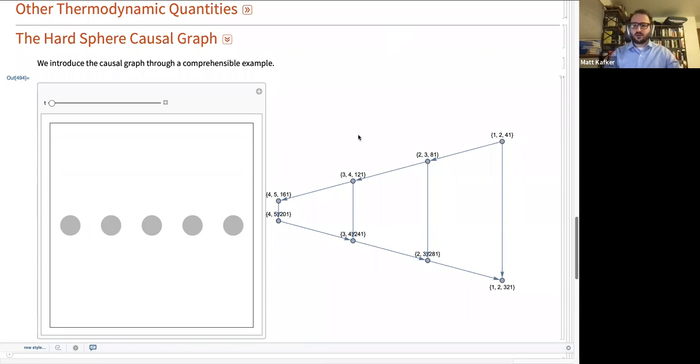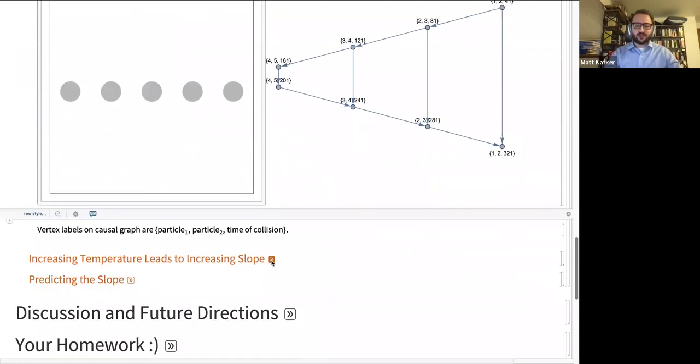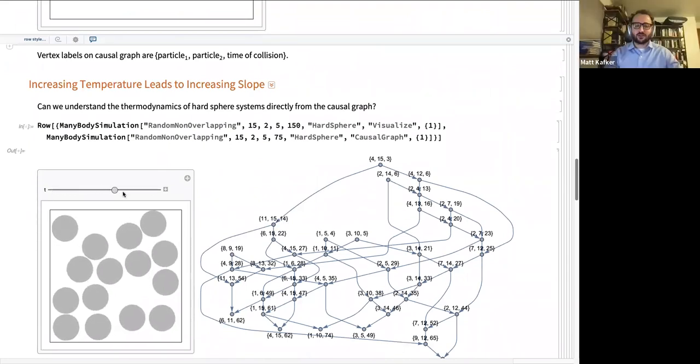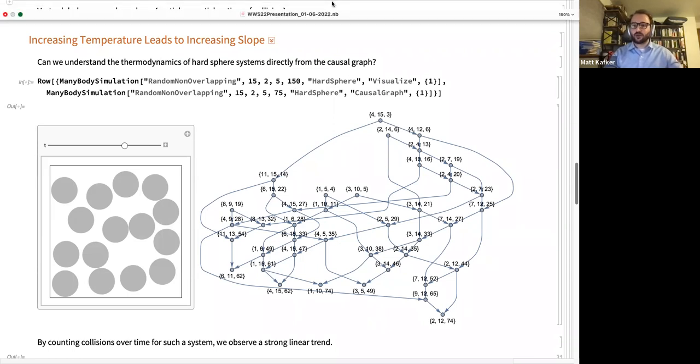Okay, so this is a very simple simulation, so we're going to have a nice orderly causal graph. But if you imagine running some sort of actual simulation, like this is just for a couple of steps, our causal graph is going to start to get complicated. This is 75 steps. So in the previous examples, to compute the temperatures, we were running the simulations for 100,000 steps. This is going to be a big graph. So we're not going to print that out. I think my computer would melt if I tried to. But this is generally the thing that we're up to. So we're going to produce these causal graphs and see if we can extract temperature information from the graphs here.